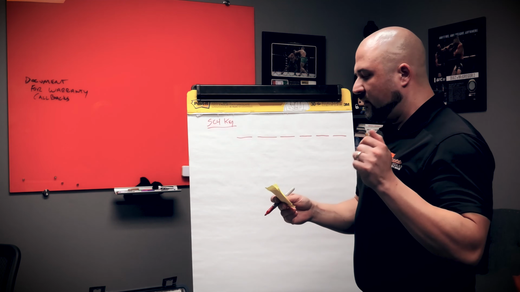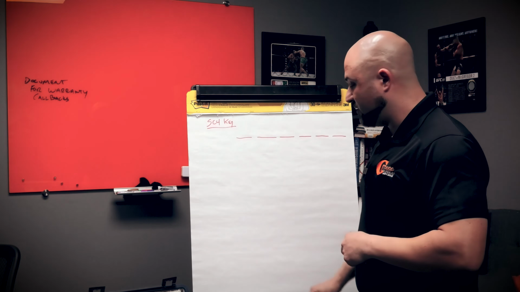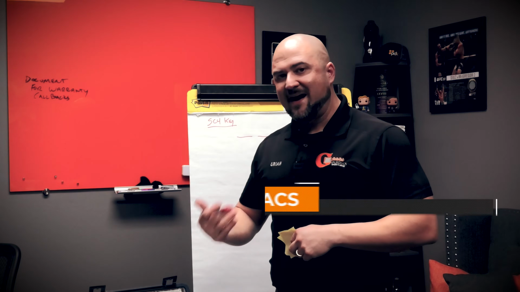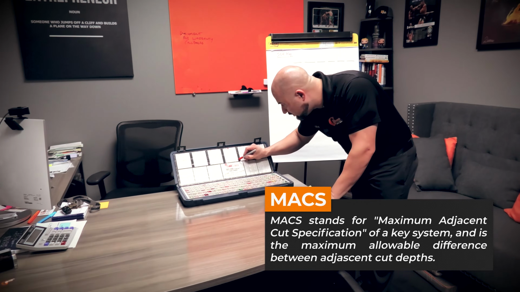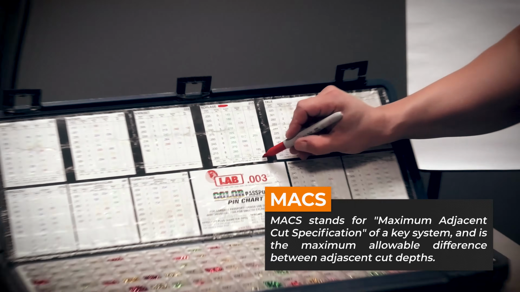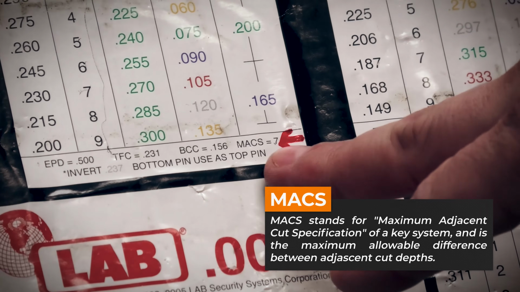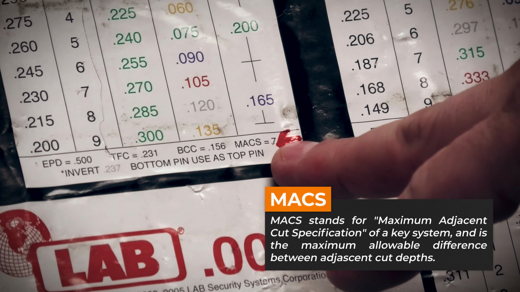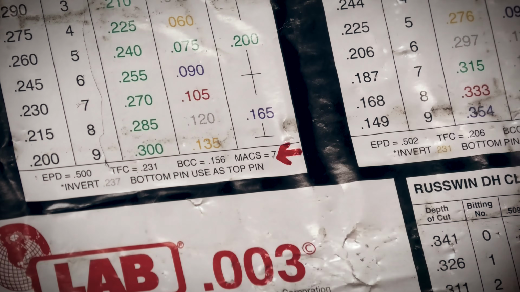Now, one thing I have to be aware of when I pick my cuts and whenever I do my math is something called max adjacent cuts. Okay? So right in here, you can zoom in next to that red arrow right there. It says MACS equals 7. That's max adjacent cuts. Meaning,